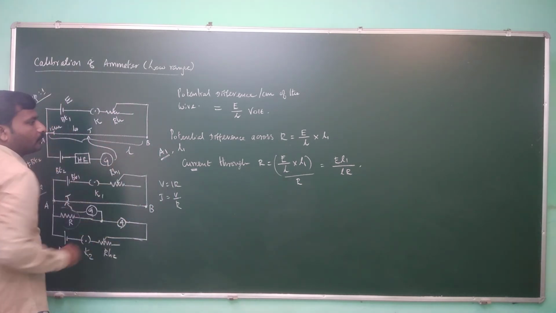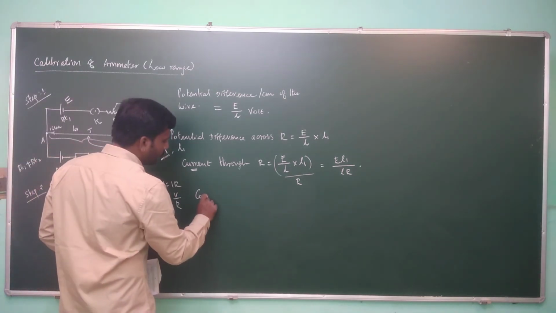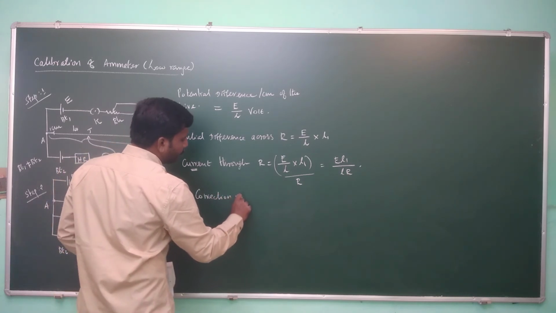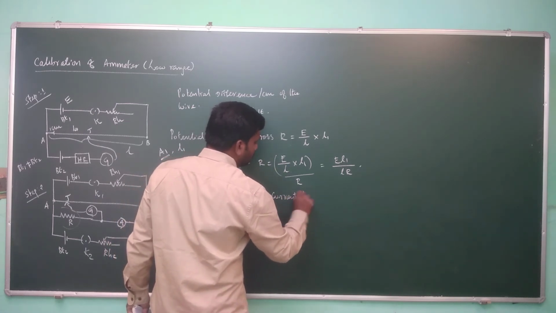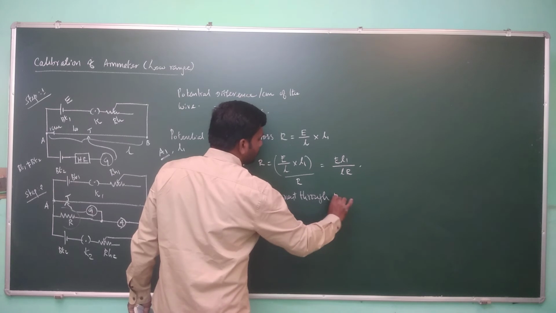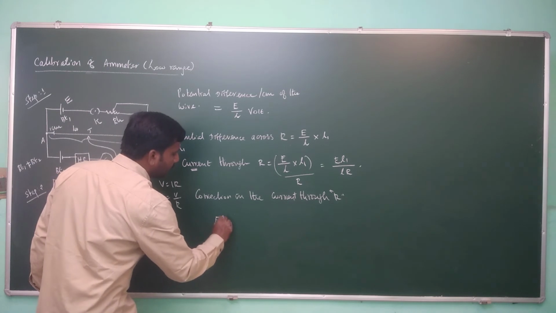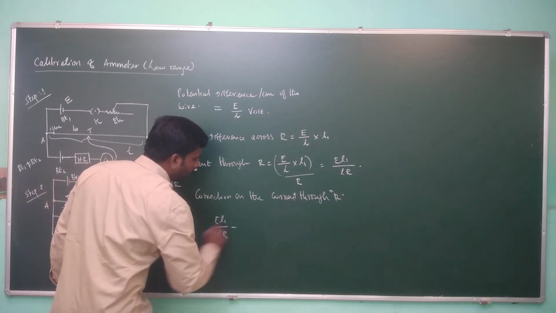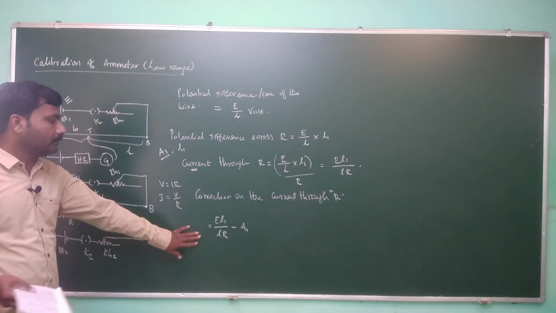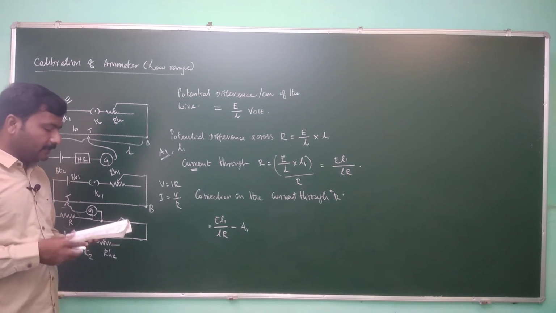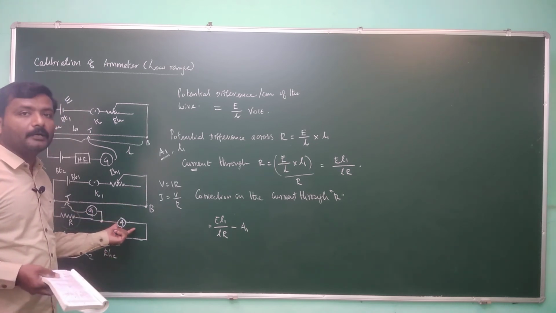using the ammeter what is A1. Now what is the calibration we make, and what is the error value, or what is the correction we need to make? So the correction in the current passing through R will be the theoretical current, that is E L1 by L into R, minus the measured current, that is A1. This is the correction that we need to make to the original experimental ammeter reading.